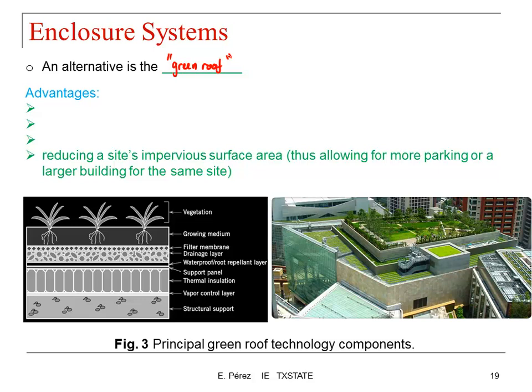And on those type of roof, you're going to have some type of vegetation in your roof. So that would give you some barrier for your facility. And some of the advantages is reducing heating and cooling requirements,